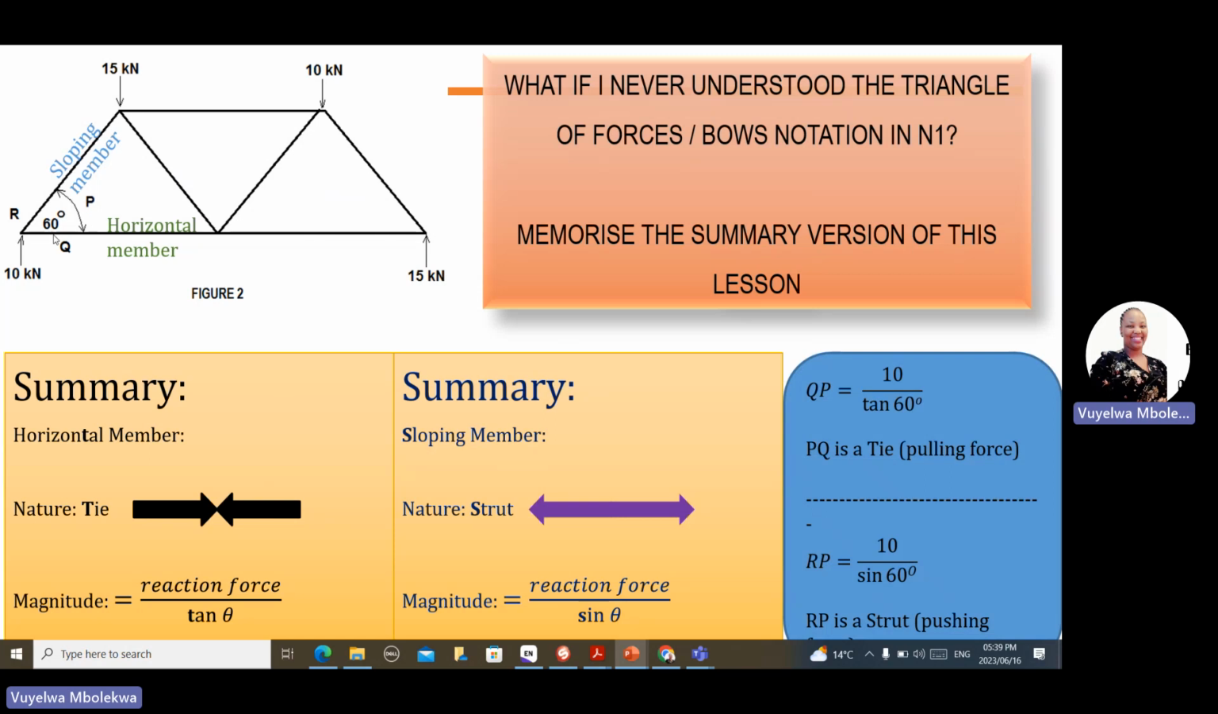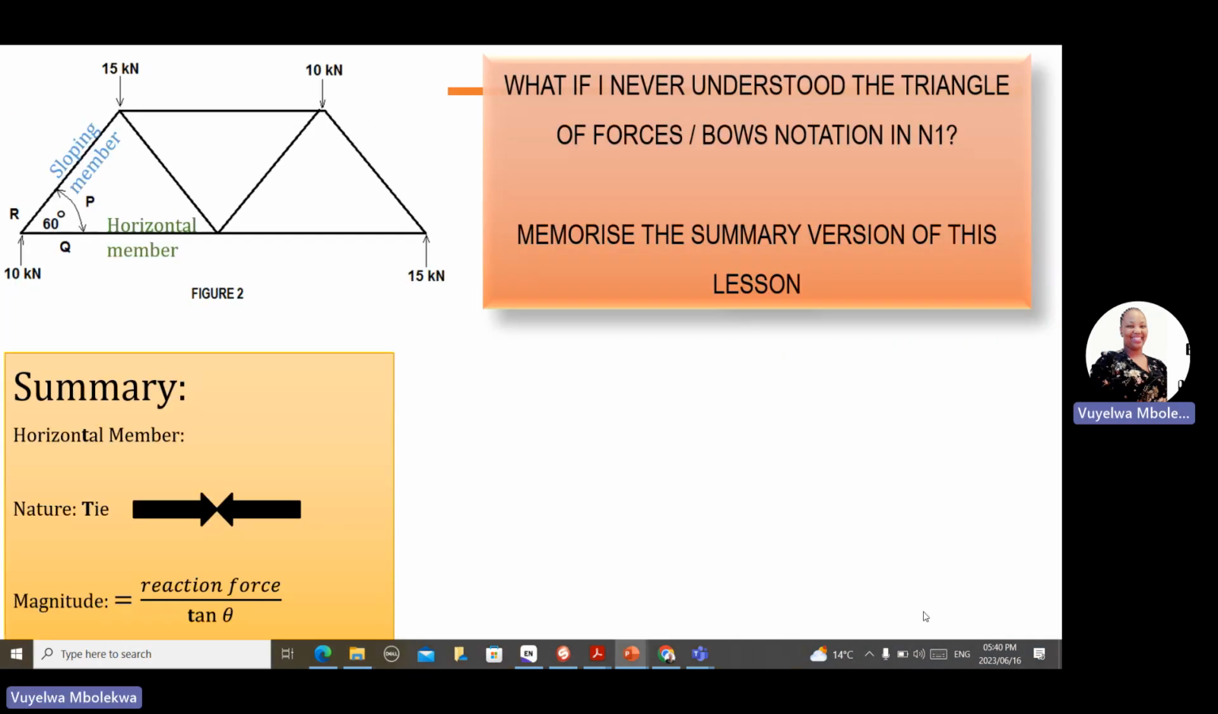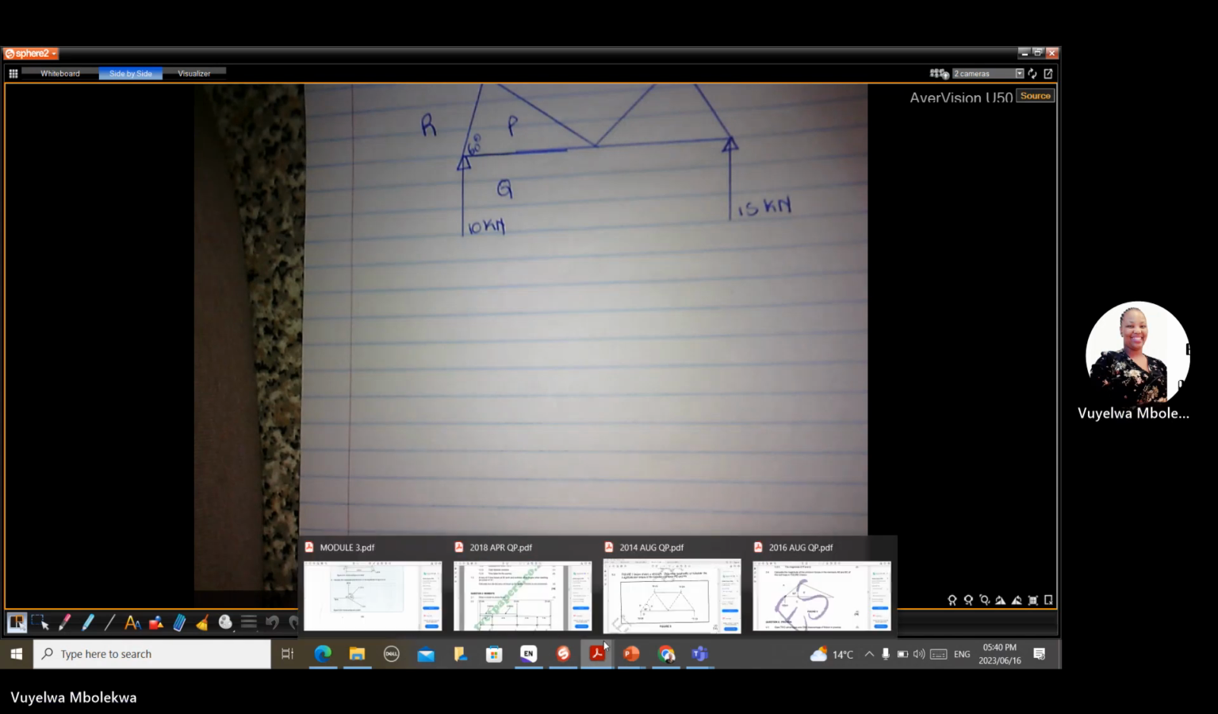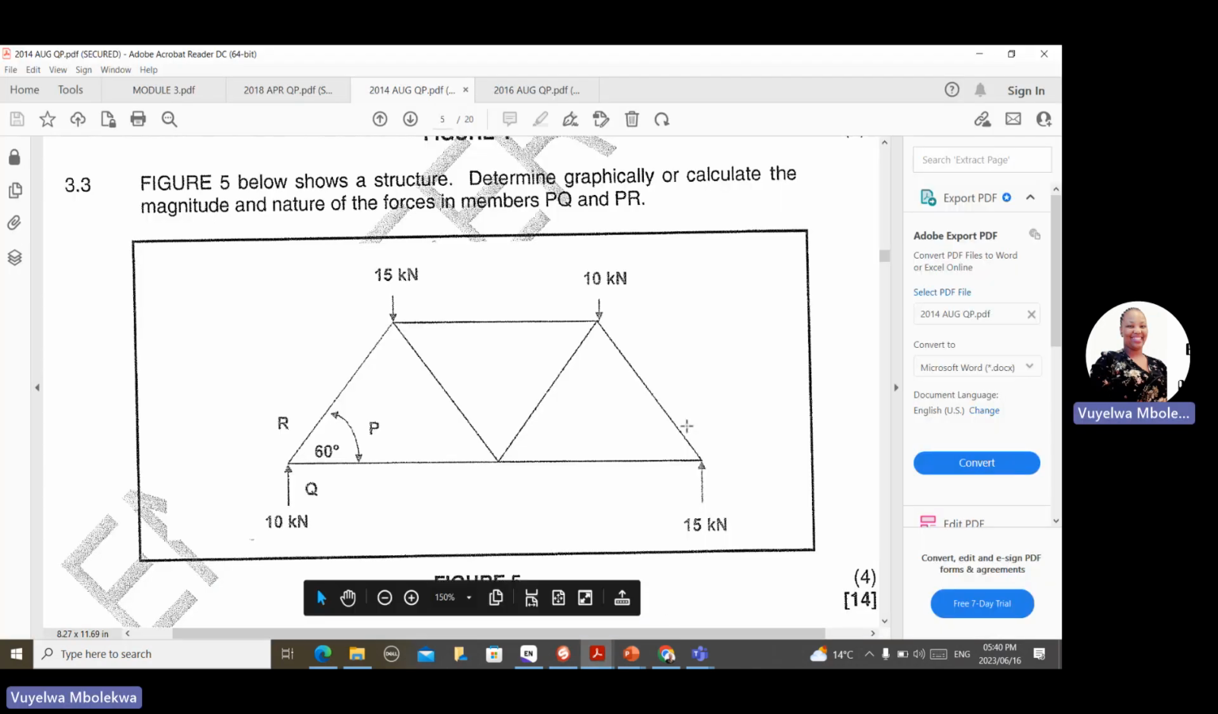So PQ, for instance, is a horizontal member. It's a tie. And then PQ is R over tan theta. And then RP is on a slope. So RP is a strut. The one that is on a slope is a strut. So it's R over sine theta. Okay. And that's all. So I'm going to use the summary version to do the lesson because it just goes quicker. But the best is to sketch that